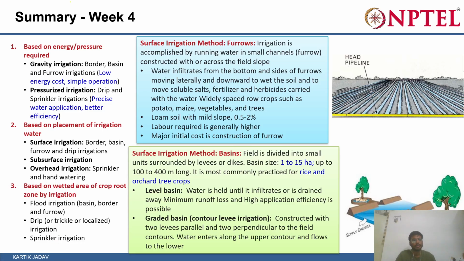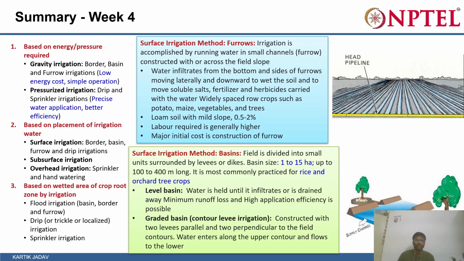So in week number 4, till week number 3 we covered the fundamental aspects of soil and water movement in any farm. If you want to carry water from one place to another, you need certain irrigation infrastructure. That infrastructure also has different kinds of meters and flow meters, so you can regulate everything. Till now we have covered that, and now in week number 4 we have focused more on